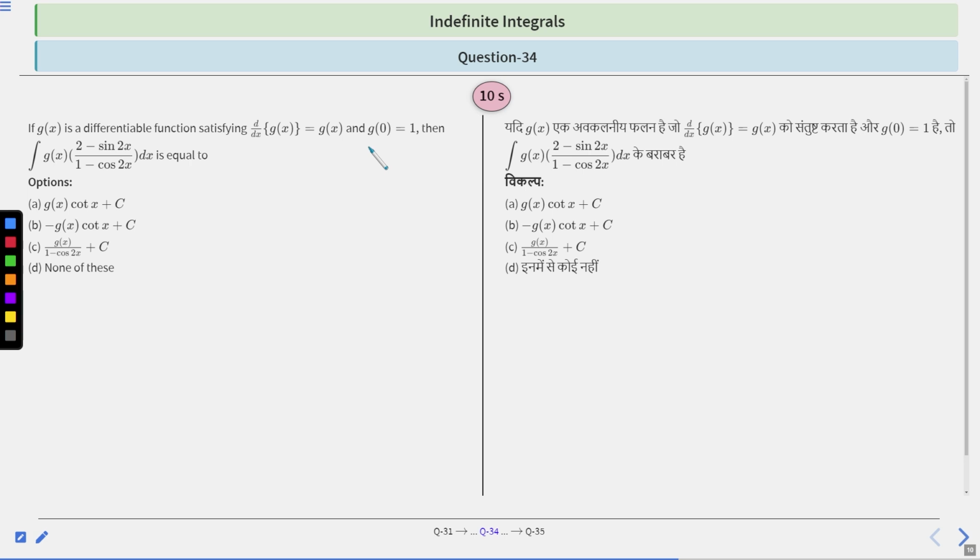Therefore, you can put g(x) like that, and you might convert this equation in the form e to the power x into the integral of e to the power x into f(x) plus f dash x, right? Or you can multiply that equation with g(x) and try to solve this question. So in this way, try to approach this question and analyze the options, how we should proceed, right? You have 10 seconds to solve and think about this question. After 10 seconds, we will discuss the solution.